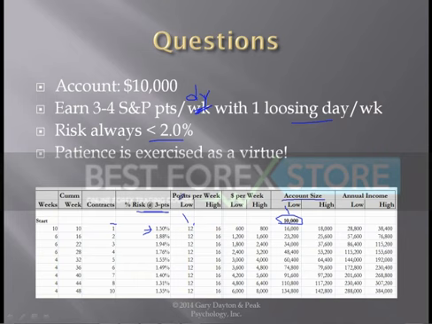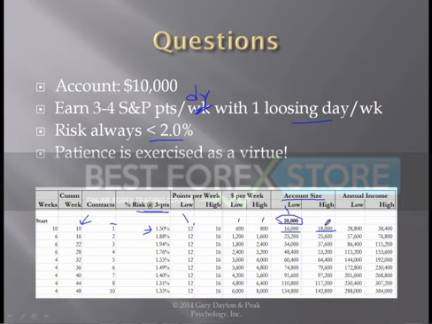Okay, good. So this is what you don't think about, how much money you're making. What you want to focus on is how many points you're making. But I know money is there. So you're going to make $600 on the low side to $800 on the high side per week. You do this for 10 weeks, and at the end of the 10-week period, you've got your original 10,000 plus what you've earned. 10 times 6 is 600, 10 times 8 is 800, so your account has now grown to 16,000 or 18,000.